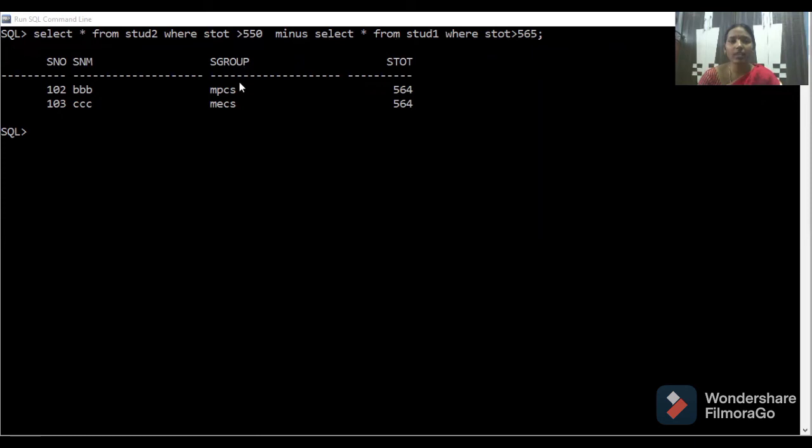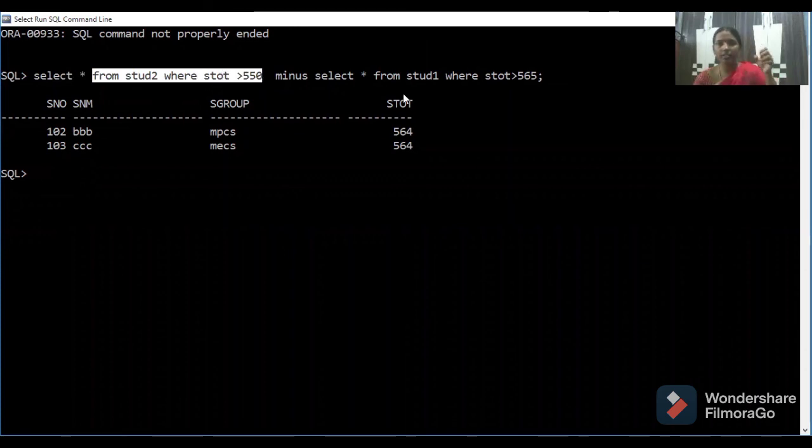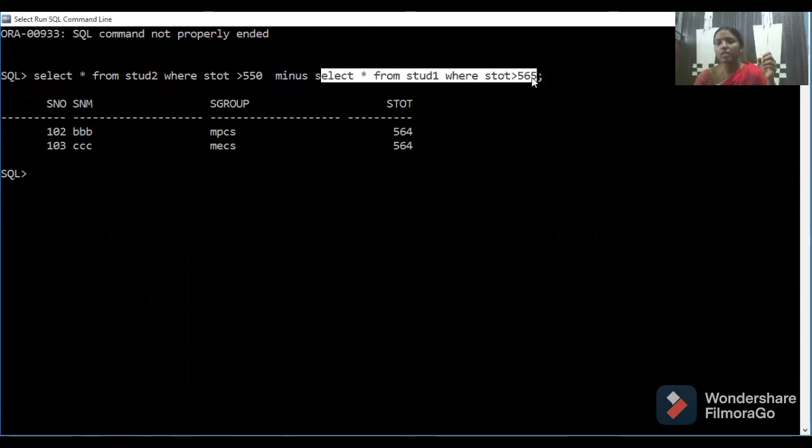So first, more than 550 rows are selected in the first query. In the second query, rows with total more than 565 are selected. So here more than 550, here more than 565. So we'll see how many rows are there.